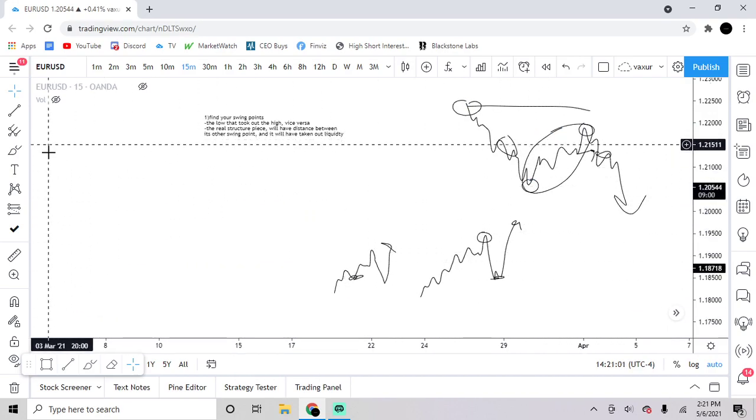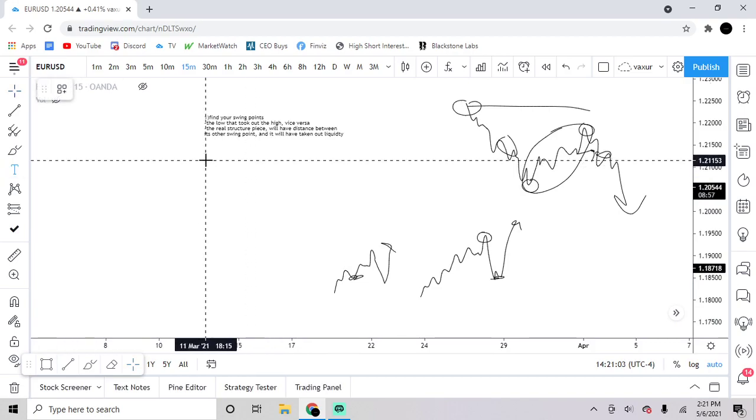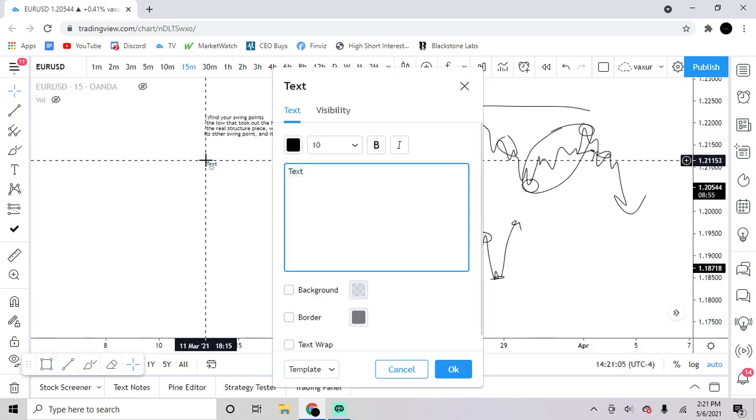And so then once you find your swing points, you want to